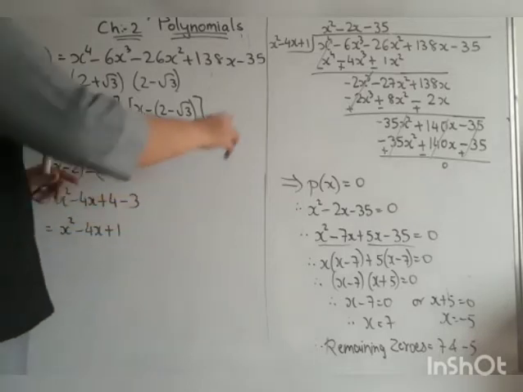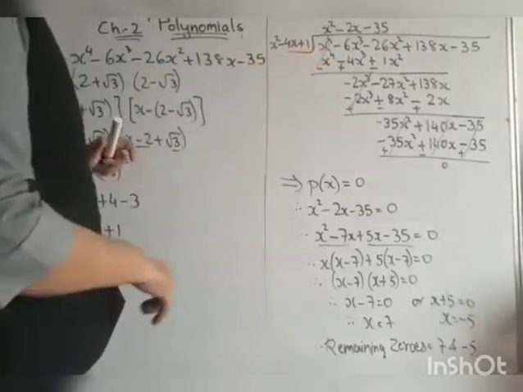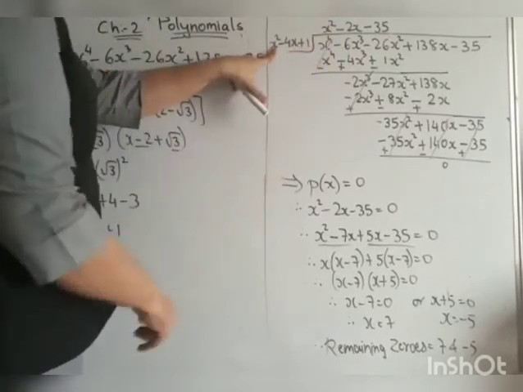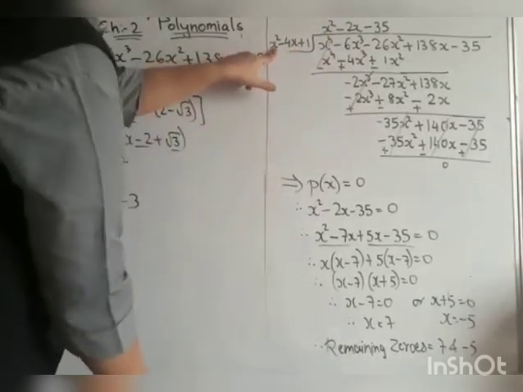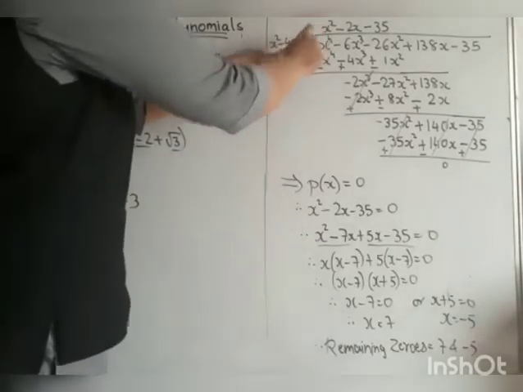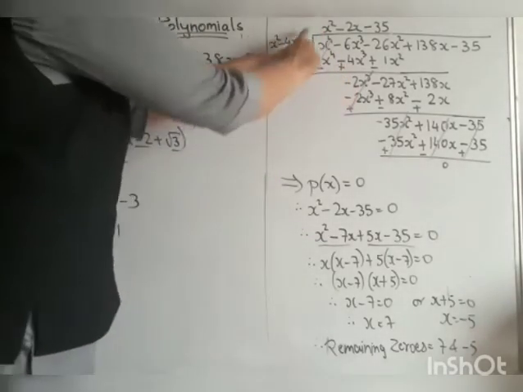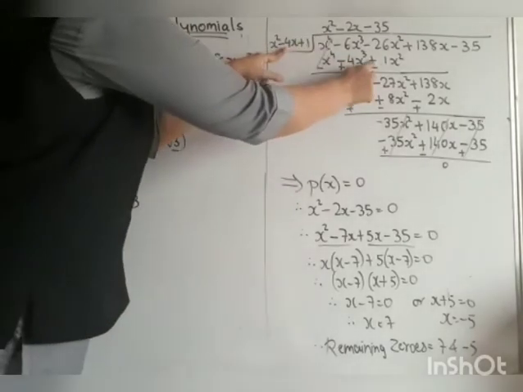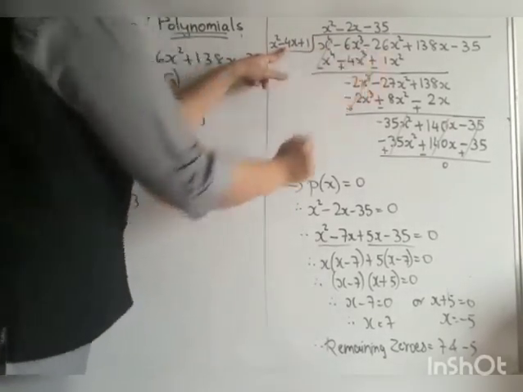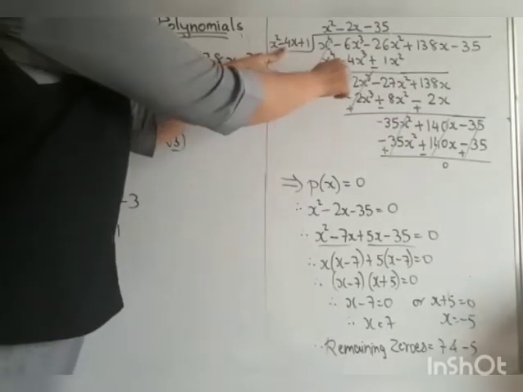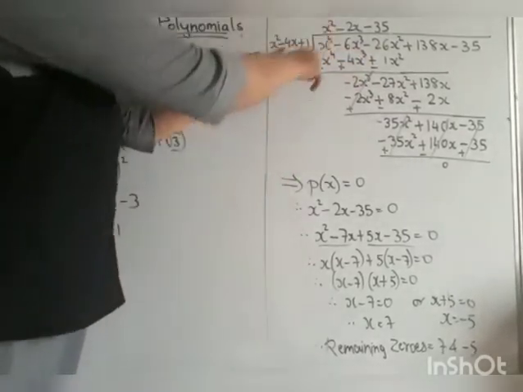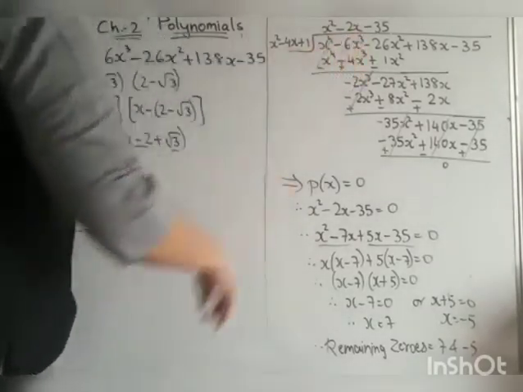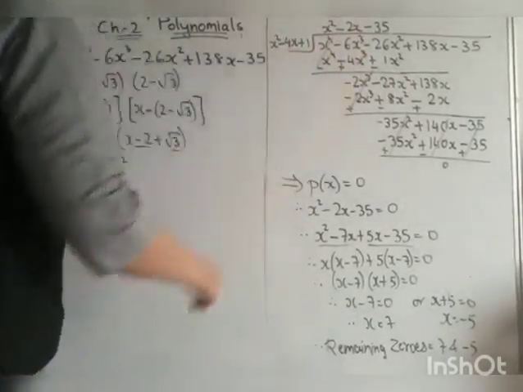After dividing, here you can see x square is there. We want x raised to 4. So we have to multiply x square by x square, it will become x4. Then further it is given minus 4x into x square. Minus plus minus 4x into x square, it is 4x cube. Plus plus plus 1 into x square, 1x square. Now sign change. After the sign change, plus x raised to 4 minus x raised to 4 cuts. Minus 6x cube plus 4x cube, the answer will be minus 2x cube.